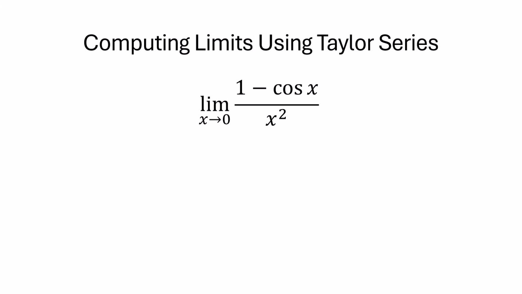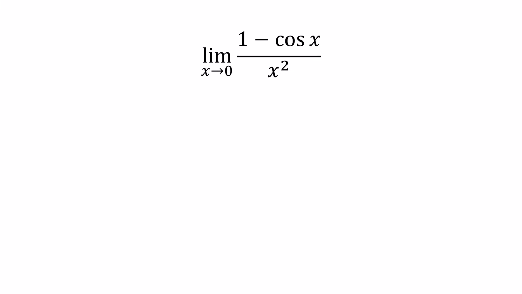In this video, we will use Taylor series to evaluate the limit as x approaches 0 of 1 minus cosine of x all over x squared. To begin, we substitute in the Taylor series for cosine. This gives